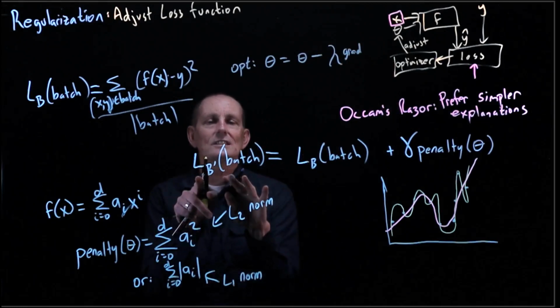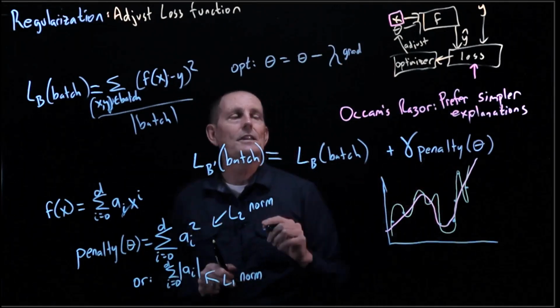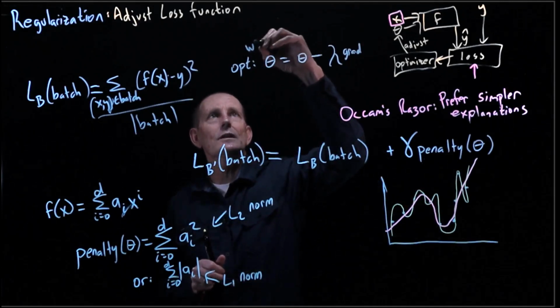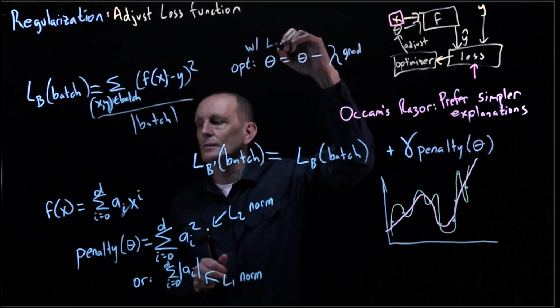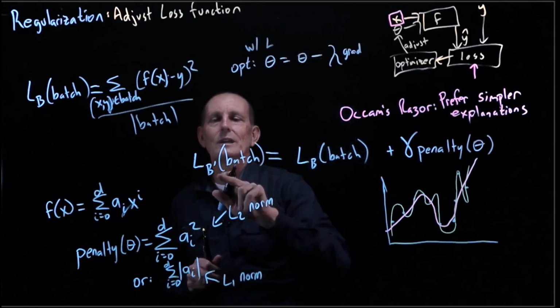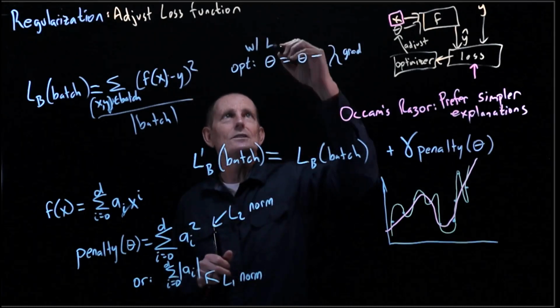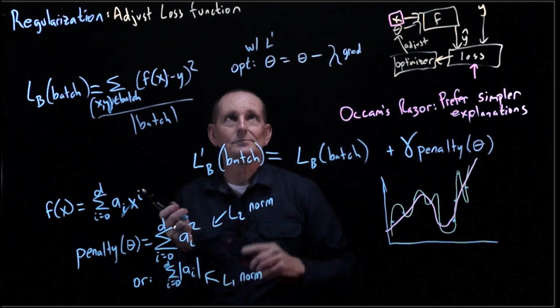But if we switch to this loss function, which includes this penalty, then, I don't know why I called this B prime. I really want to say this is L prime sub B. So this is with L prime, and that's equivalent